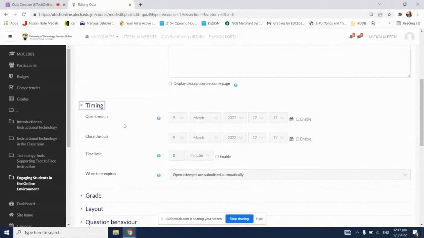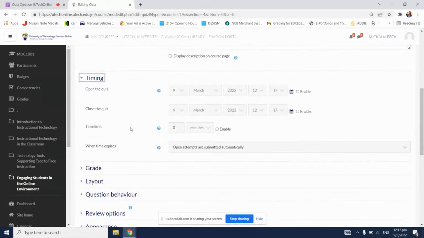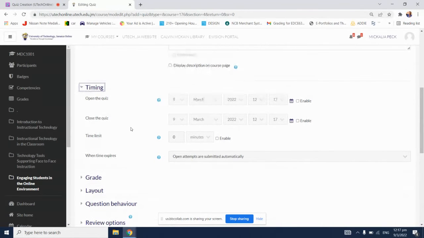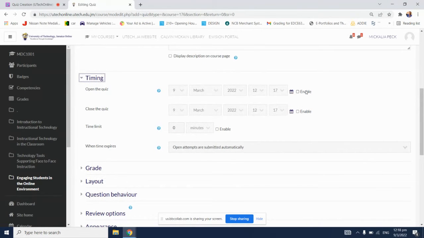we come upon the timing option, which basically allows you to set a date and time for opening the quiz. All right, so if you realize it is currently disabled, if I tick the enable option, it allows me to enter. So let's say I want the quiz for today at 11 a.m. All right, and if I want the quiz to close on a particular date and time, I can do so as well. So let's say I want it to close